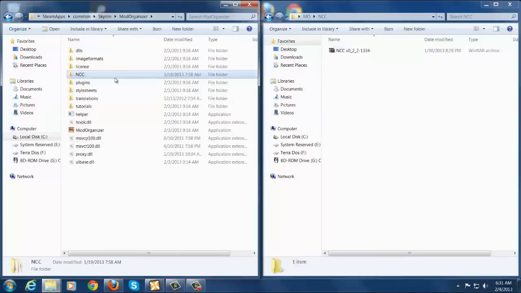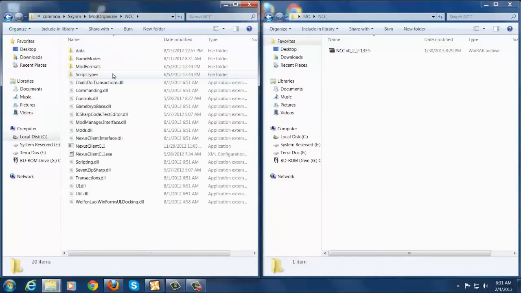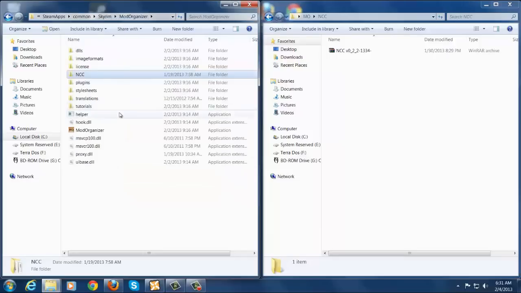I will give you a word of warning. Do not take these folders and files in the NCC folder and place them inside a Mod Organizer. That will cause all kinds of problems, and it will come back to haunt you in the long run. Once you have the NCC folder inside of your Mod Organizer folder, activate the Mod Organizer executable,